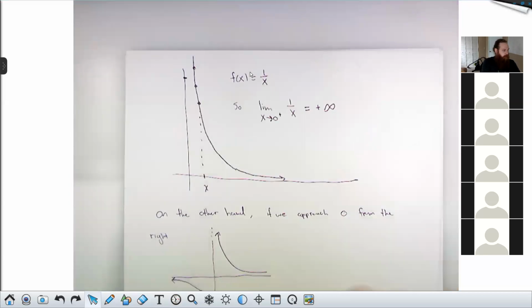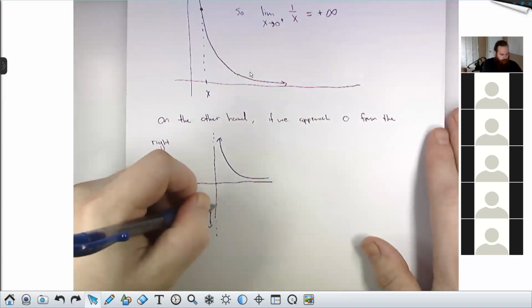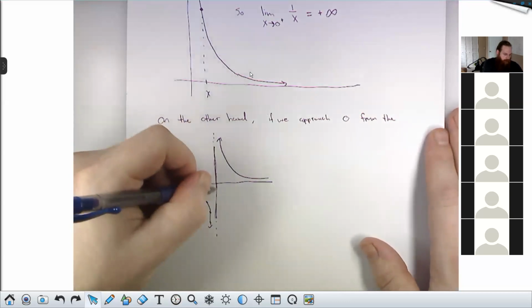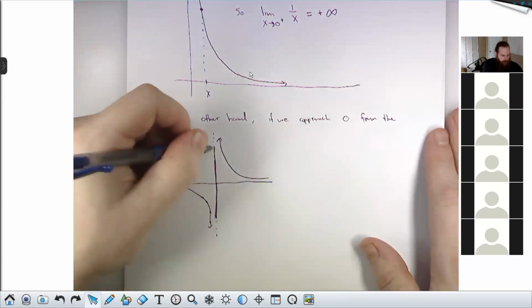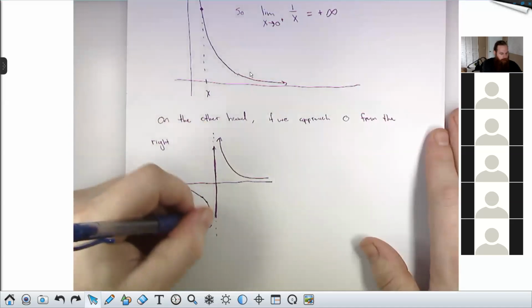Sorry, here, let me move this up a little further. So the limit as x approaches 0 from the right-hand side here is plus infinity. If we were to try and come in from the left,